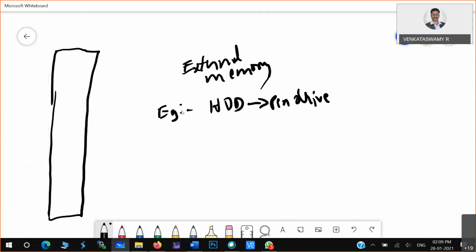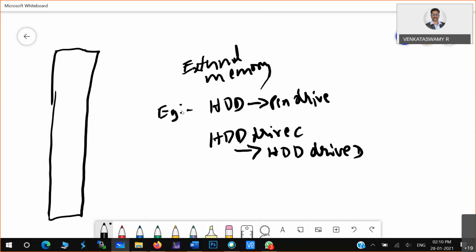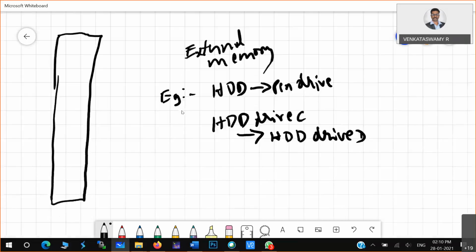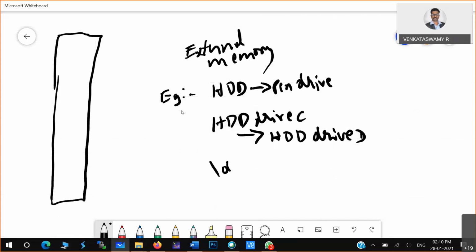You may also copy from one drive, say drive C, to some other location, say drive D, where you normally put data. If you are talking about Linux, maybe device one to device two, something like this.